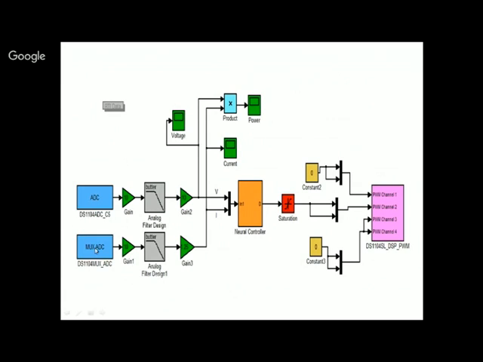So here also voltage and current are given as input, this neural network will run and give me a duty cycle. I'll be creating the PWM. So from the duty cycle, dSPACE itself has a capability to generate the pulse width modulation depending on the duty cycle. So this one is the thing. I'll be showing you in the MATLAB environment. Don't worry, just now understand what we are doing.